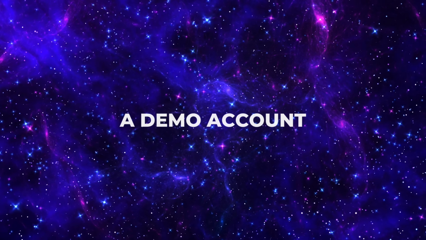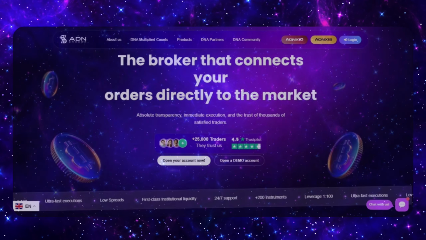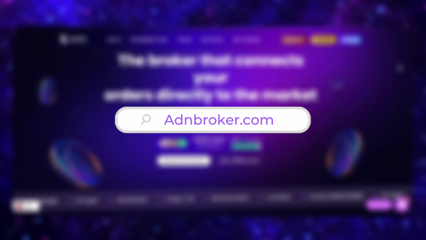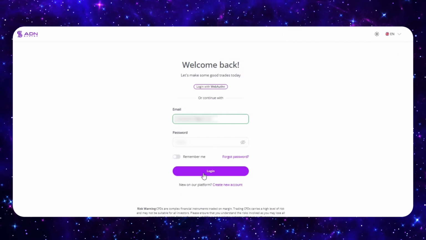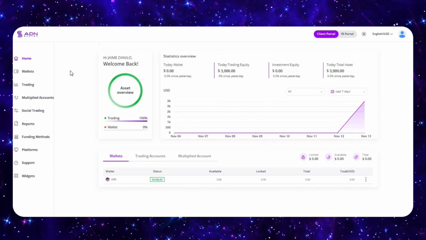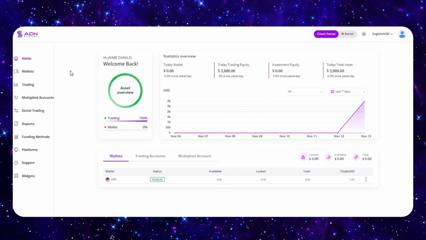How to create a demo account in ADN Broker. Remember that we must be on the official website, adnbroker.com. Click on Login and sign in with your username and password. Once you have logged in, go to the menu on the left-hand side and click on the section that says